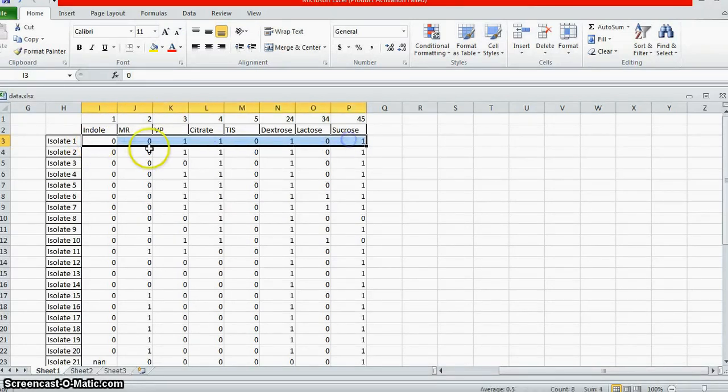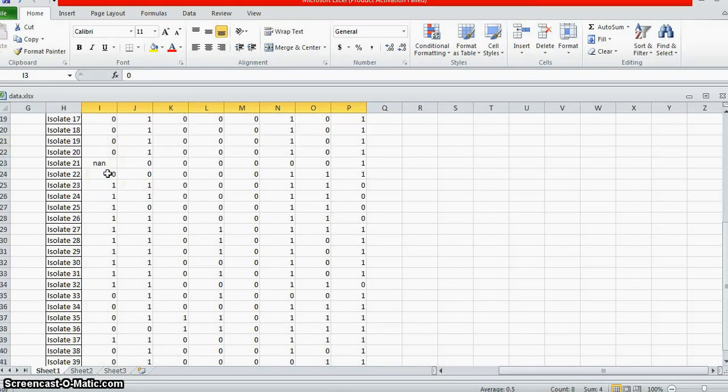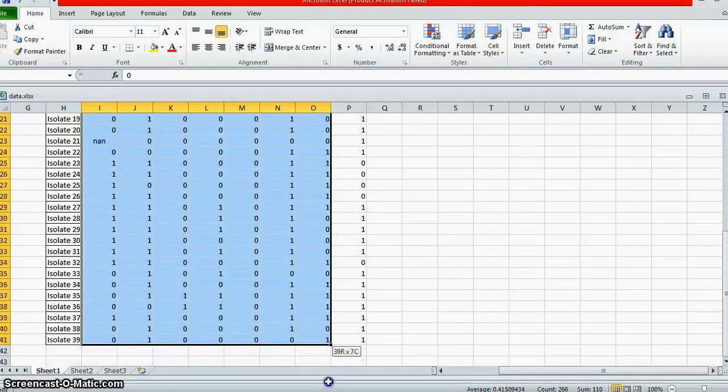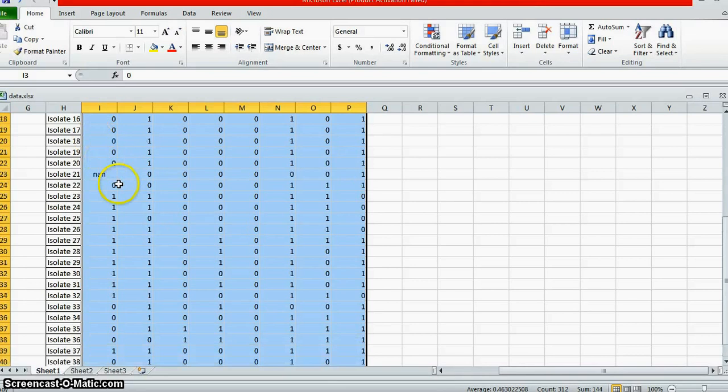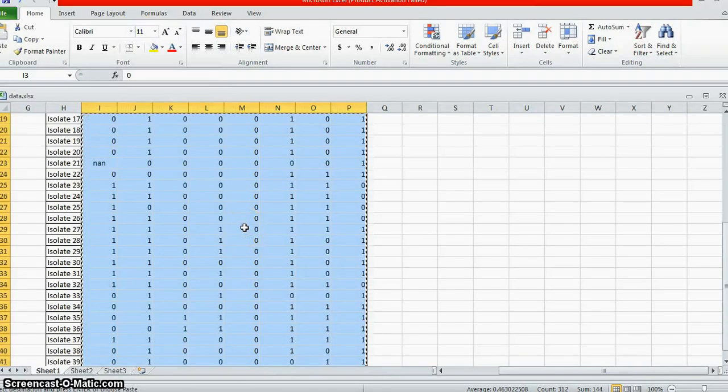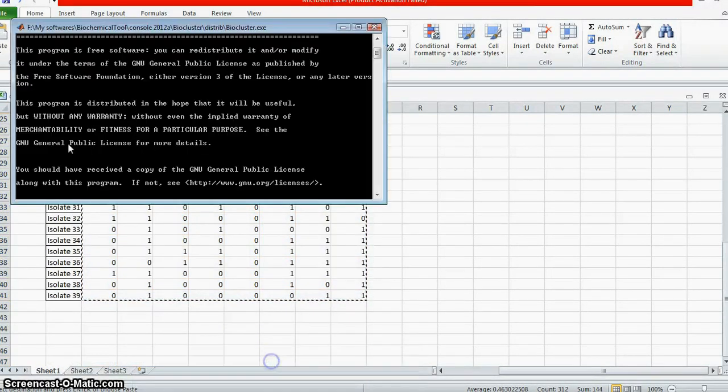So these rows are isolates and columns are different tests, and there are 47 possible tests. So first we have to copy this data. And what is this NaN here? NaN stands for results not available. So we may have an isolate for which we don't have a result for a particular test, and it will be represented by NaN. We'll copy this data and